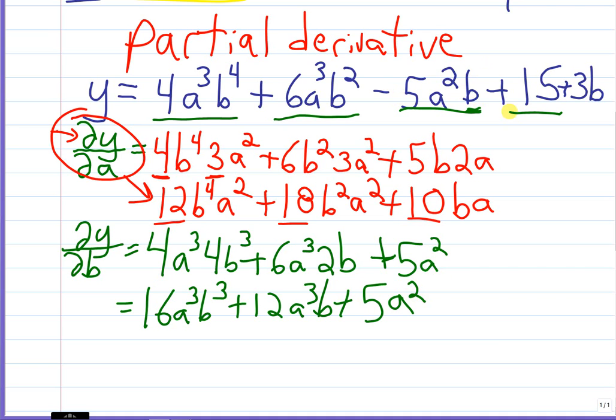There's no b in there. But then this last term, there's a b, so we have to take the derivative of that just like we would normally. We write down the 3 because it doesn't have a b, but then take the derivative of the b, which again just gives us the number 1. So plus 3, and here's our finished derivative here,